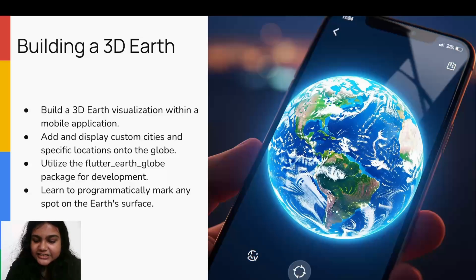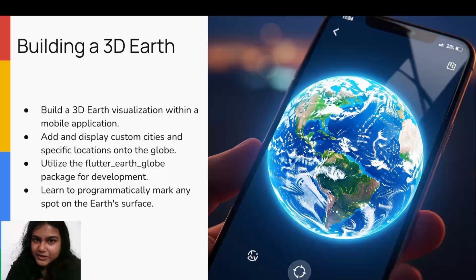However, the challenge lies not just in rendering the shape, but in interacting with it. When we build this visualization in a mobile app, we are dealing with a dynamic object. The sphere must rotate on its axis, respond to touch inputs for zooming and panning, and maintain a consistent frame rate. This requires efficient resource management. We use specific libraries to handle this heavy lifting of the 3D Earth, allowing us to focus on the application logic. The goal is to create a seamless user experience where the Earth feels like a tangible, manipulable object rather